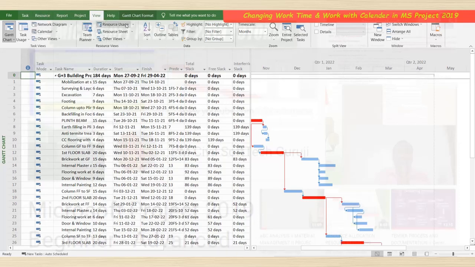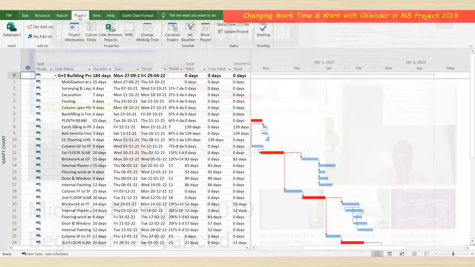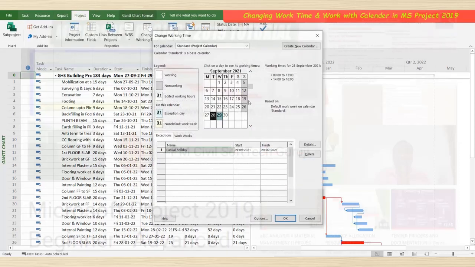So again, we'll go to Project, Change Working Time here. So the 29th will be marked as a holiday. So for other holidays, if we mark them, we need to provide them here in Exceptions, a set of holidays for a year. So provide that here. And as far as the worksheet is concerned, here we'll select the working days, correct?